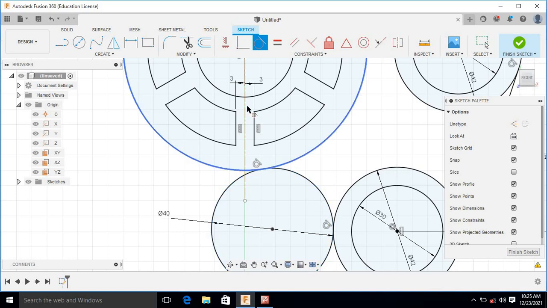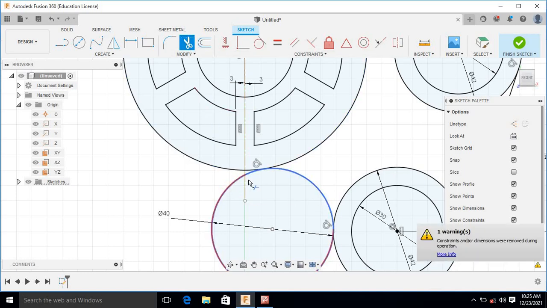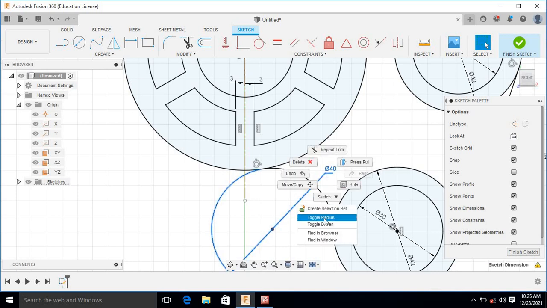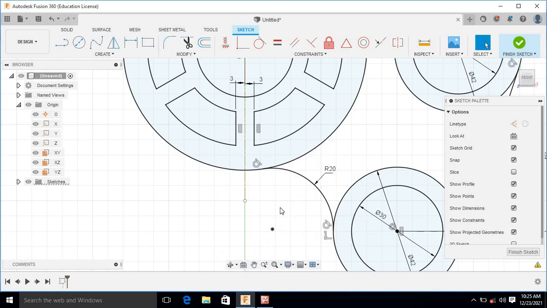We want just this arc, so use the trim command and select the unwanted portion of the arc. Then press the Escape key to exit from the trim command. Here we want this to be in the form of radius, so select that dimension, right click and select toggle radius, so it will convert into radius.